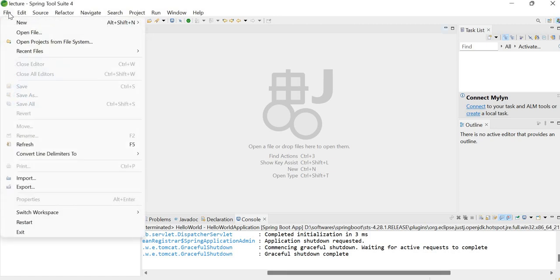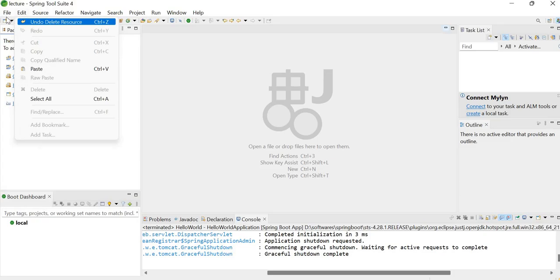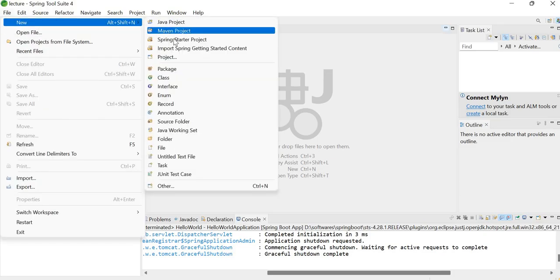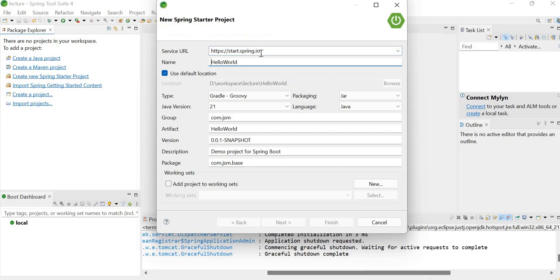So here when you open this screen for the first time, you can see options like create a new Java project, Maven project, Spring Starter project. So from here you can create a new Spring Starter project, or you can click on File, New, and Spring Starter project. Great. So this is start.spring.io.